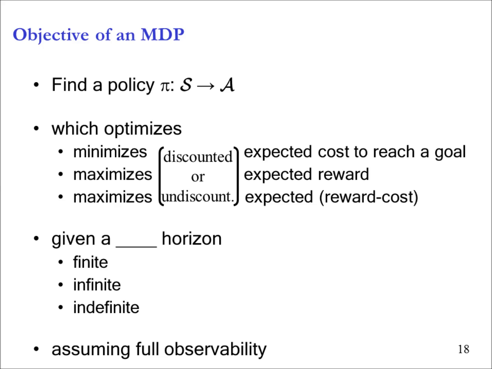And the last thing is called full observability. This is important. It says that I have complete knowledge of the world. I know exactly which state I am in. I take an action. Then I don't know which state I am going to be in because nature is going to choose it. So I take that action, and with some probability I get to a new state. But when I get to a new state, I know exactly which state I got into, so I can ask my policy. So there is full observability wherever I am standing. Then I take an action, I get to a new state, then I can again know exactly where I am, exactly where I reached. That's called full observability.